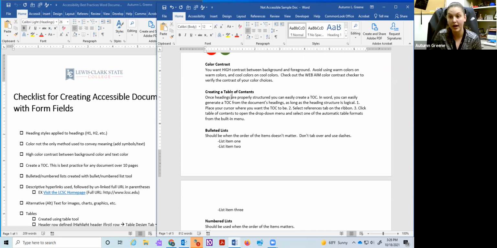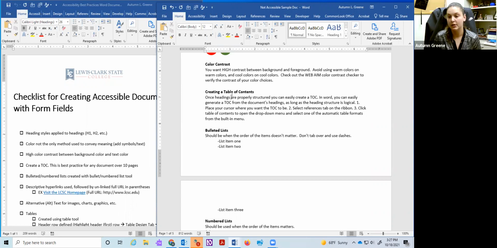We have our eyes, we can see, we can navigate a document, we know when there's different sections, we know if we want to go to this place. But people who are blind rely on the tools we give them in the document. So whether that's a table of contents or the heading levels, anything they have to rely on is great. Table of contents, we always recommend for 10 pages or more. So if you have a document that's going to go over 10 pages, we do recommend you put a table